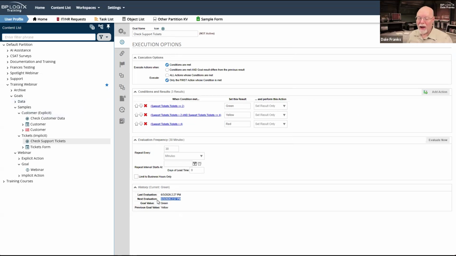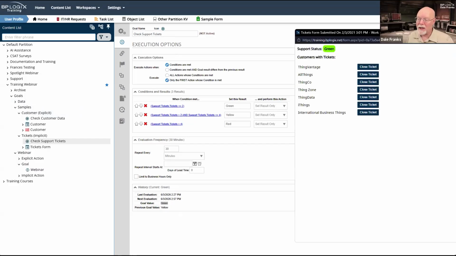So despite the fact that my real goal value, since I do in fact have 7 support tickets outstanding, my support status is not in fact green. In actual fact, my support status is red, but that's not what it's telling me.